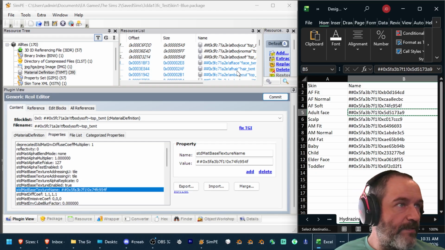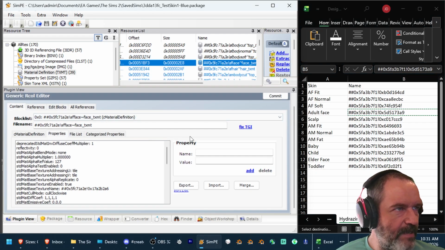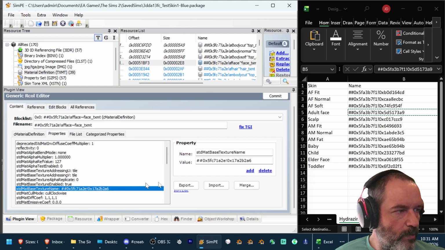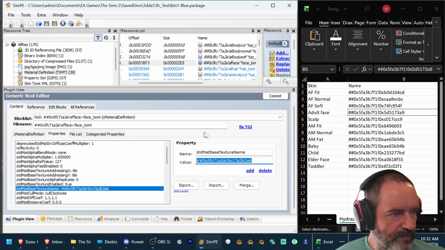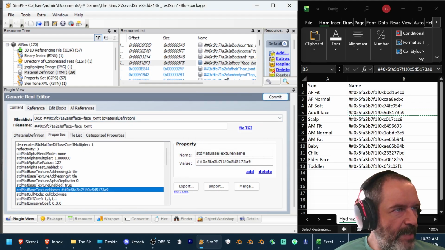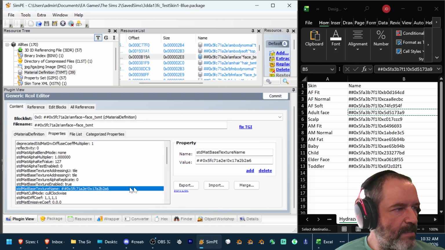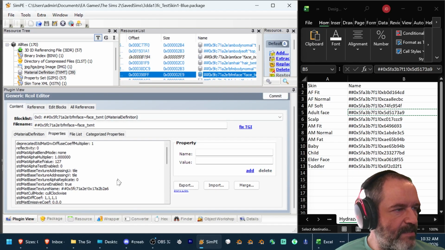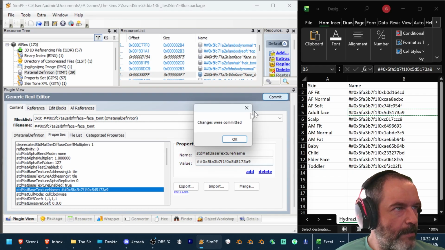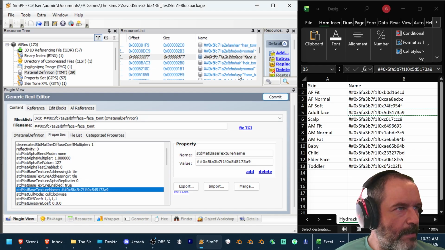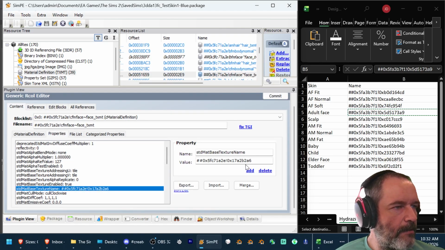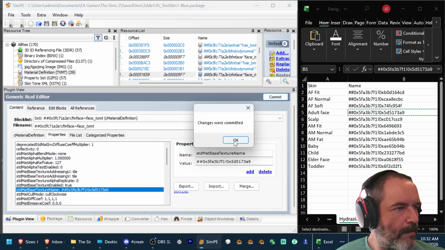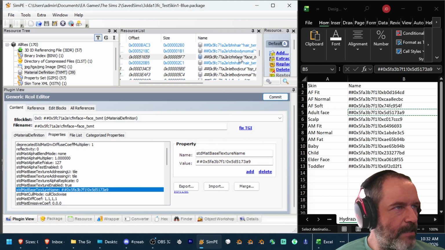So we copy adult face, and this is a little bit different. We're going to replace 7 with this one. 7 different TXMT get this value. So we got adult male face. We've got adult female face, then adult male face, and then baby face, and child face, and then